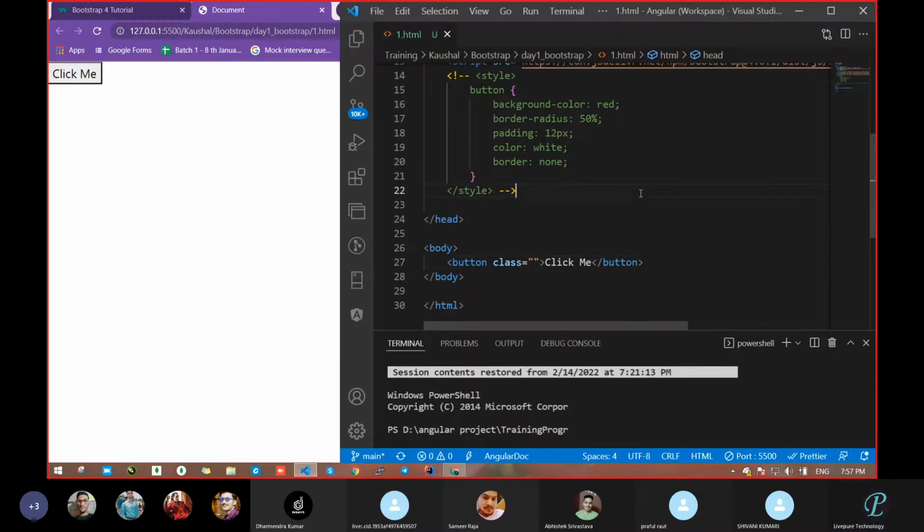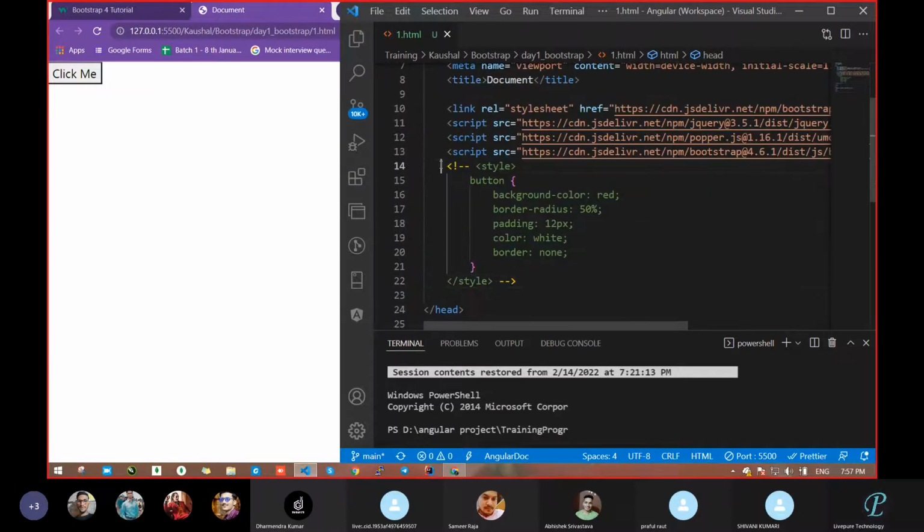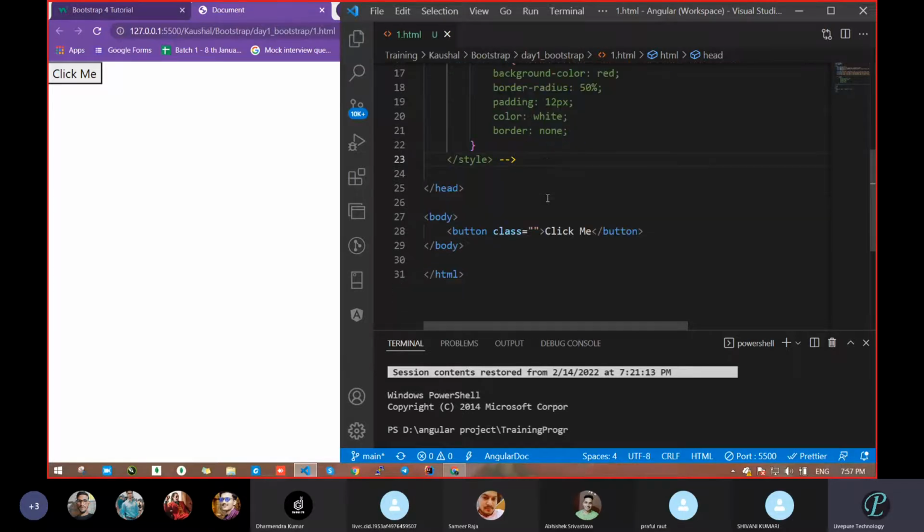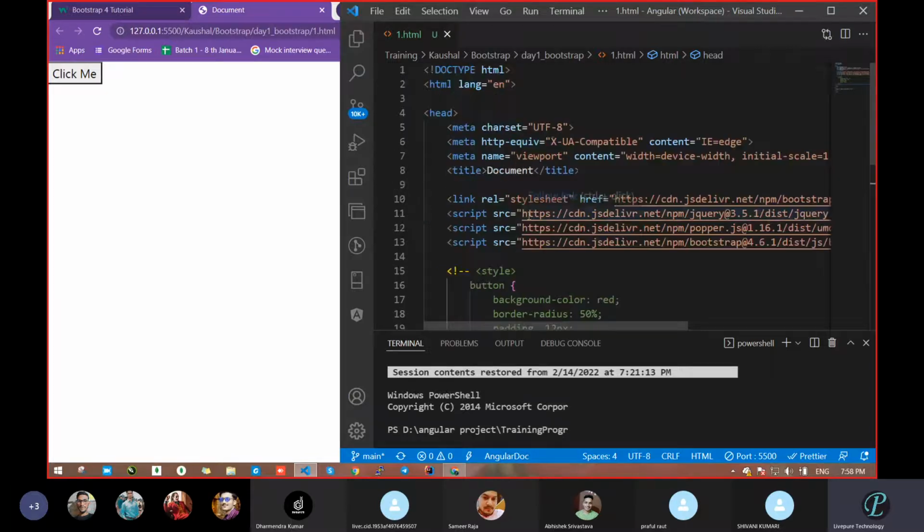My voice is audible, correct? Yes, sir. Okay, fine. So sir, what we had done, we had added that style, but we commented it out. We don't want that style. We want a standard color, a standard something like that. So what we can do for targeting bootstrap, now I will use the help of bootstrap. For targeting bootstrap, we have to pass... What is the first step for bootstrap?